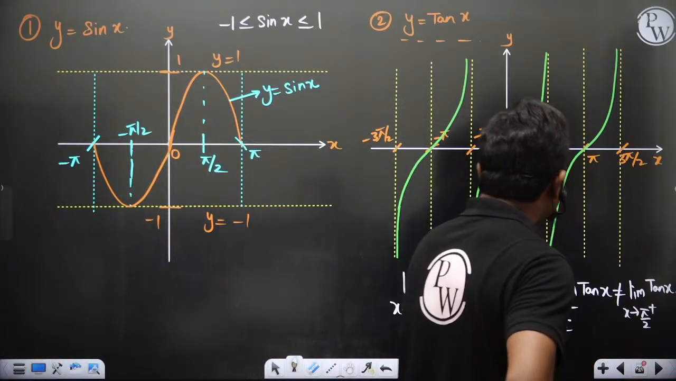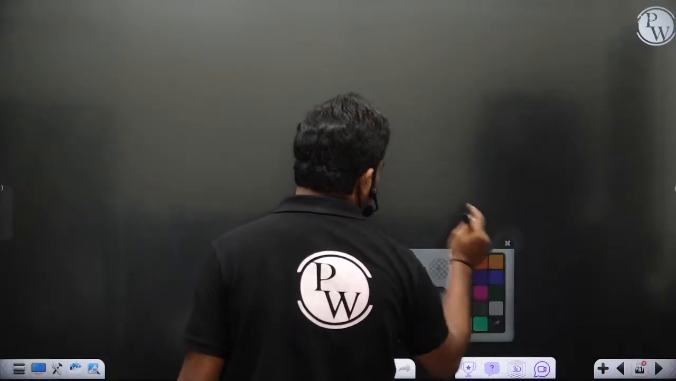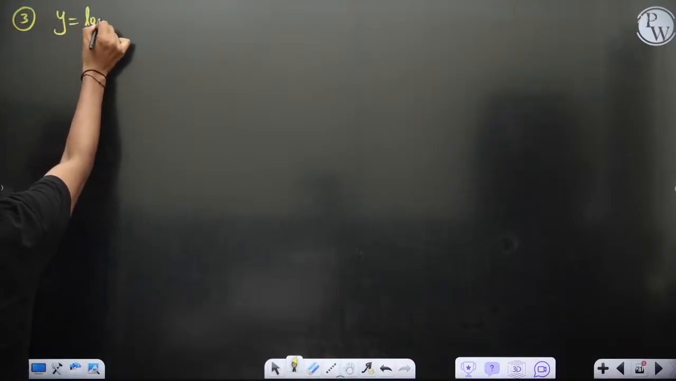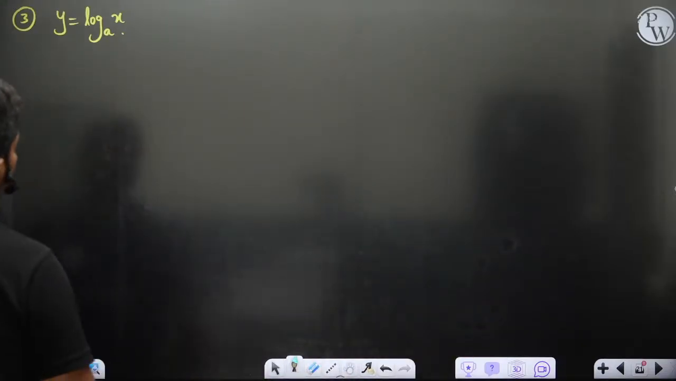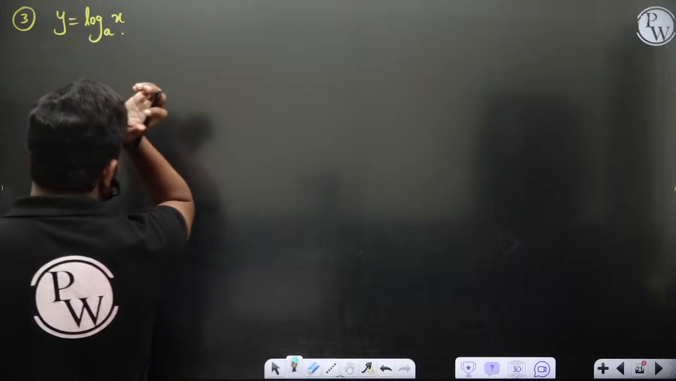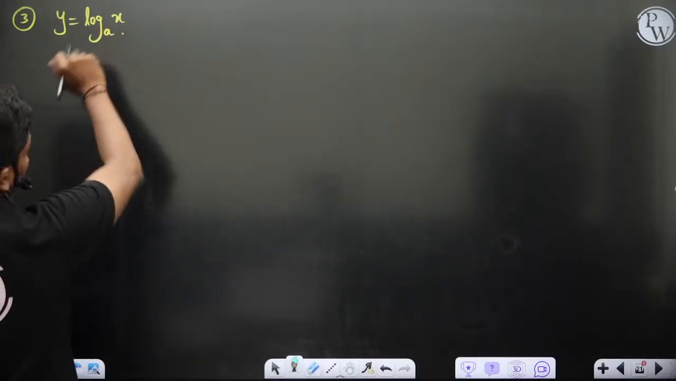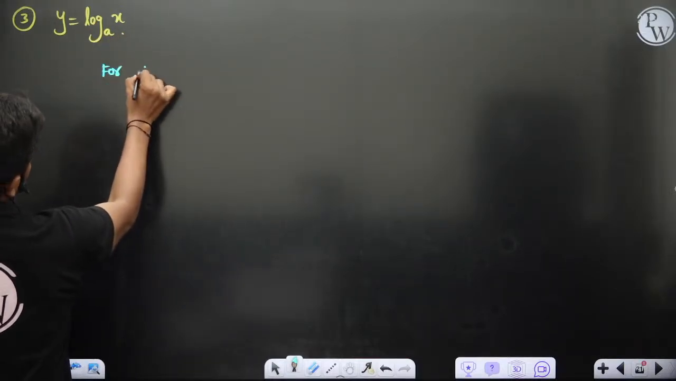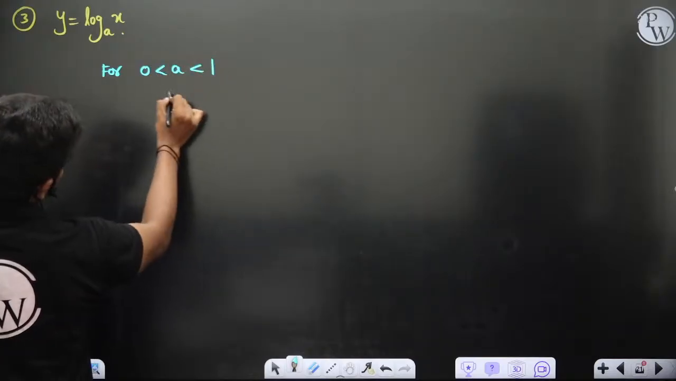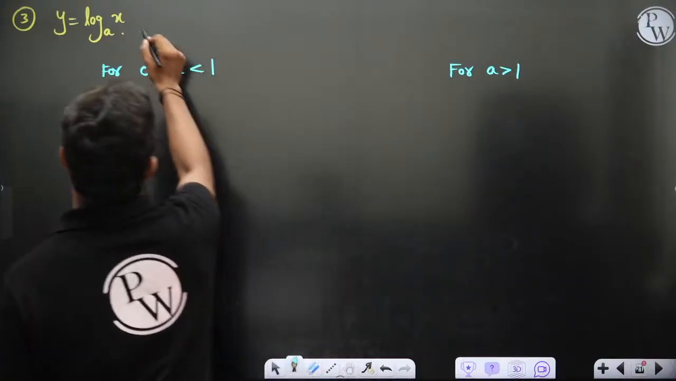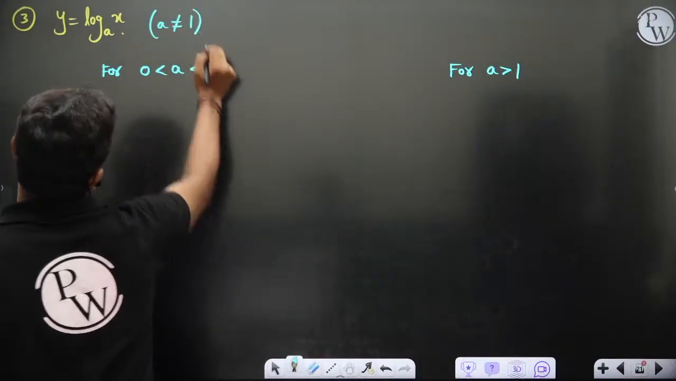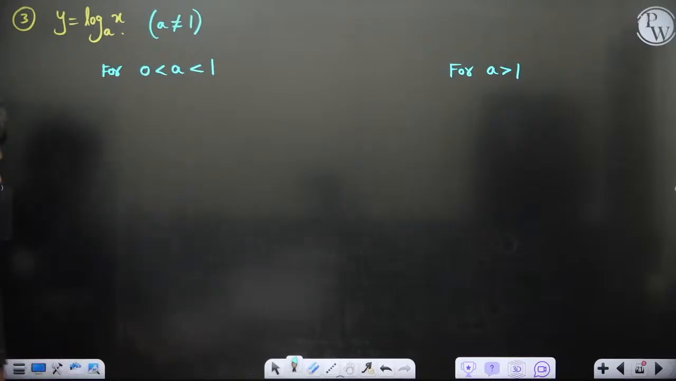Hello, we'll give you one more graph today. Y is equal to log x to the base a. This graph has one very important point. The reason is the graph shape is different depending on the value of a: for 0 less than a less than 1 and for a greater than 1. And you know log is not defined for a equal to 1, so a is not equal to 1. Now if you plot for these two different values,